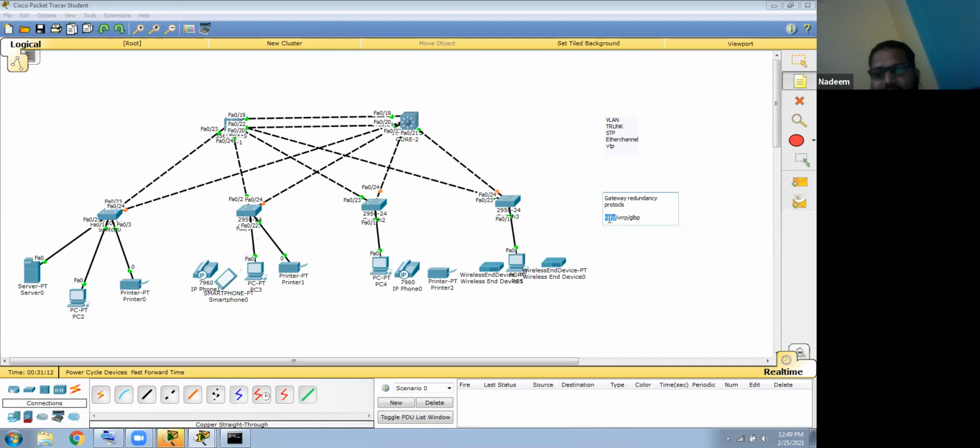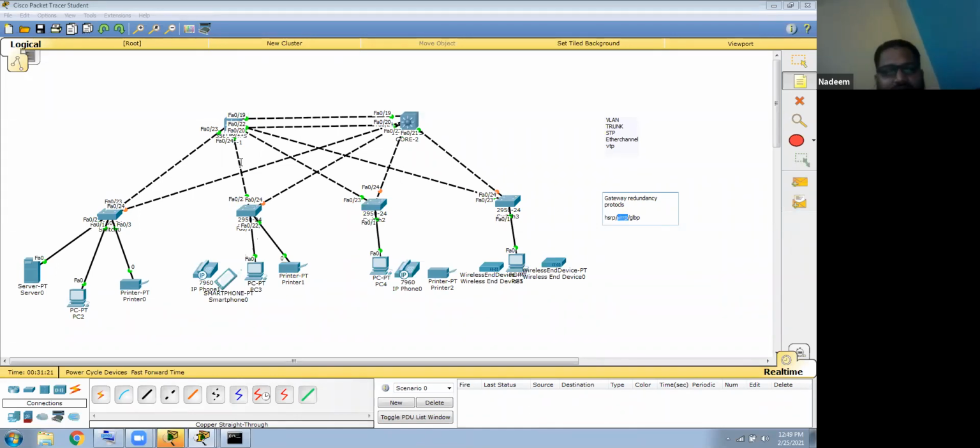Hot Standby Routing Protocol, HSRP, is Cisco proprietary, and it is mostly used. And VRRP, Virtual Router Redundancy Protocol, is an open standard.